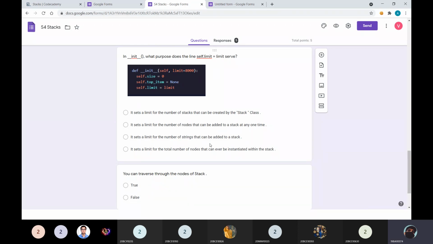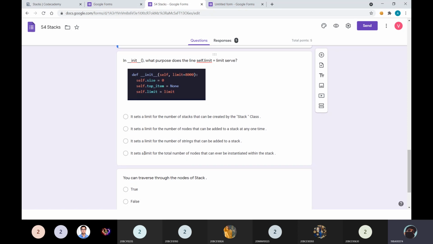a stack. We are not adding some strings, so this is not related. Third is totally crossed out. Fourth is it sets a limit for the total number of nodes that can be ever instantiated within the class. No, if we increase the limit or something like that, it's not the total number as such. It's the max number. So first is it sets a limit for the number of stacks that can be created